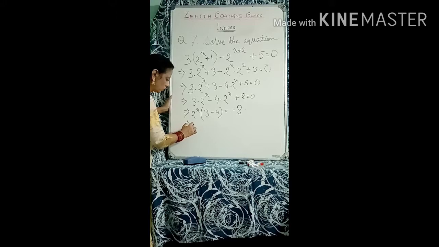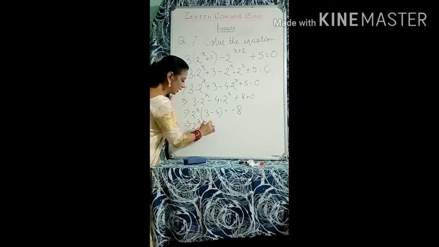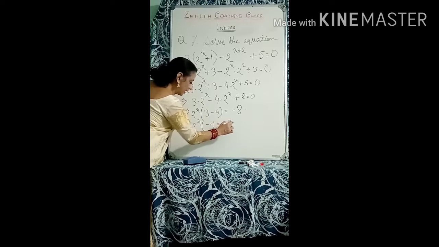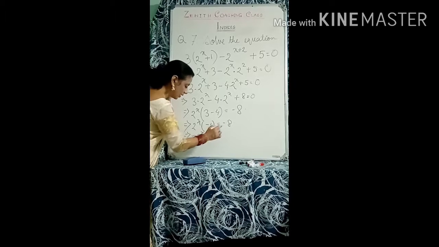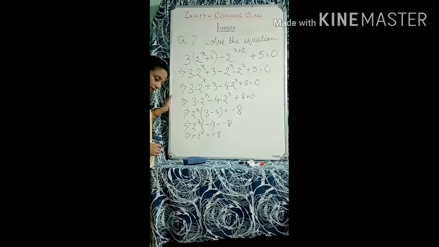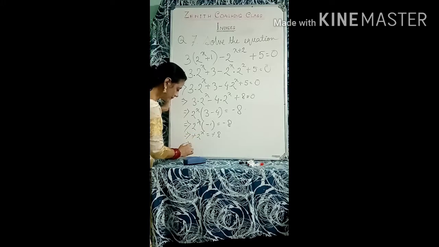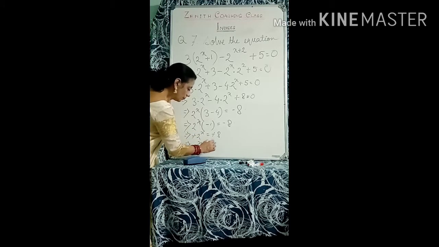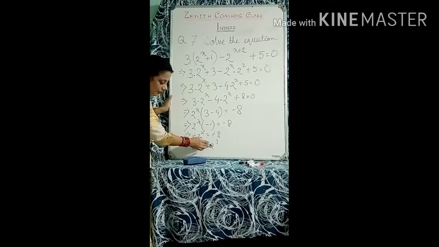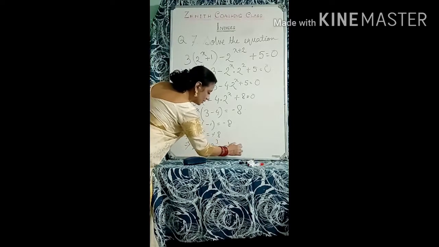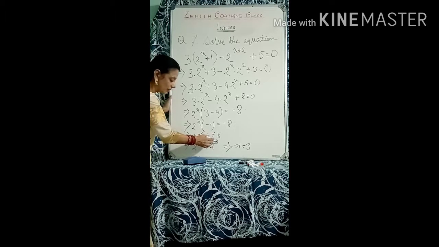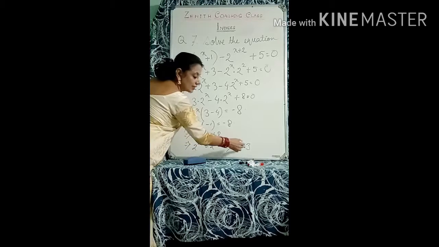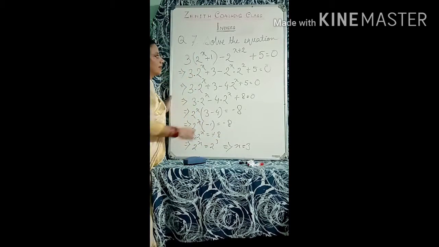Okay. So 2 to the power x in bracket minus 1 equals minus 8. Then what you have to write? Minus 2 to the power x equals minus 8, cancelling the minus symbol. So 2 to the power x equals 2 to the power 3. Now here the base is 2 and there the base is also 2. So cancelling the base, we get x equals 3, because the same base 2 is there, and here the power is x and there the power is 3. So this is the value of x in the equation.